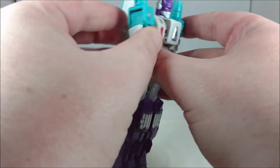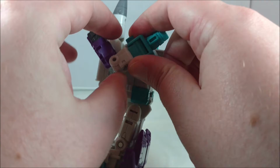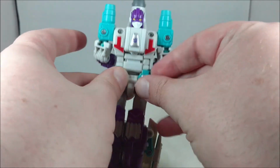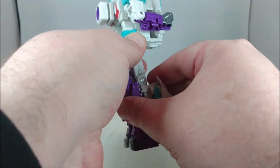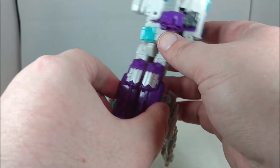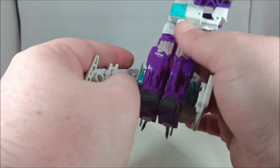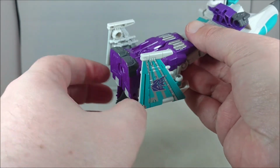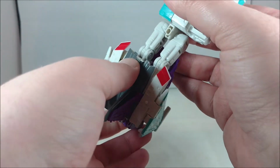There is basically nothing there for them to peg into, and I just had that pop off. That's kind of interesting. It's a fake ratchet joint there, so it does hold in place, so that's fine. And then go ahead, rotate up the combiner port. Now, the instructions show you to rotate the arm so the front of the legs is facing forward, and then rotate the wings around so they're facing up like little wrist covers. You do lose that double knee joint, and I really don't understand why they couldn't